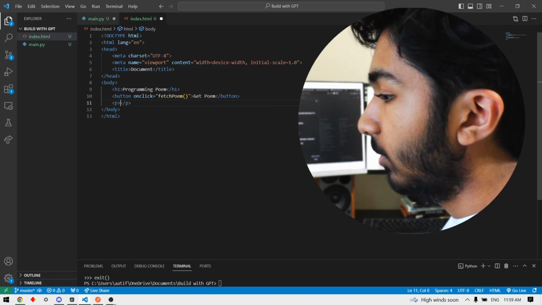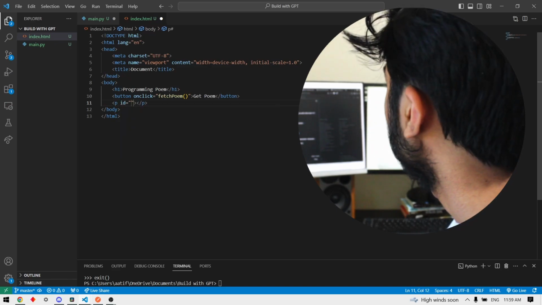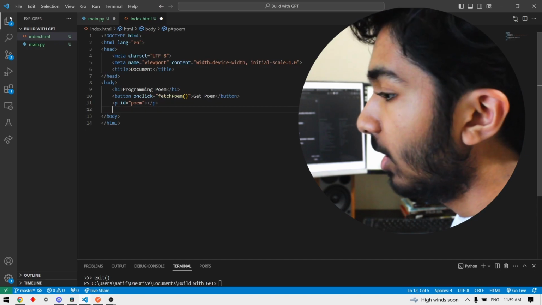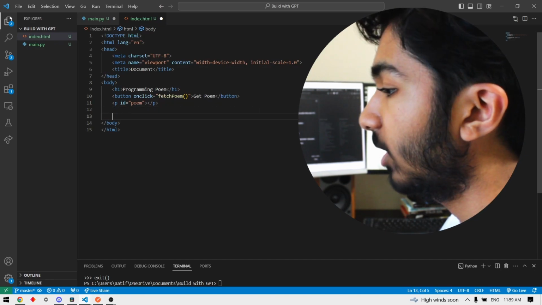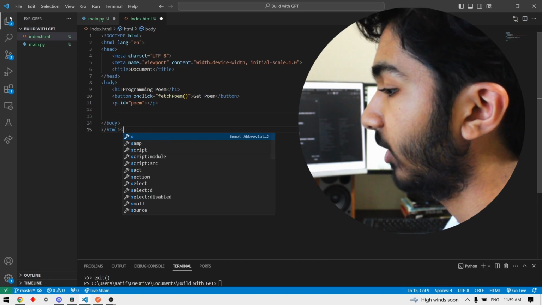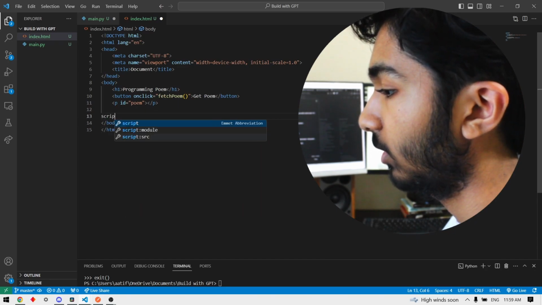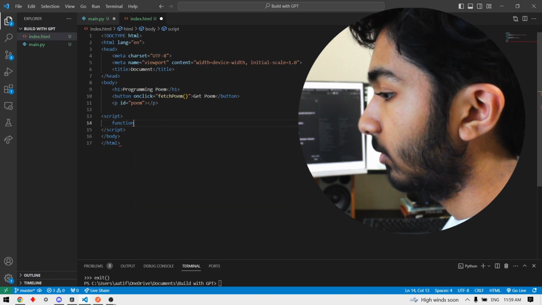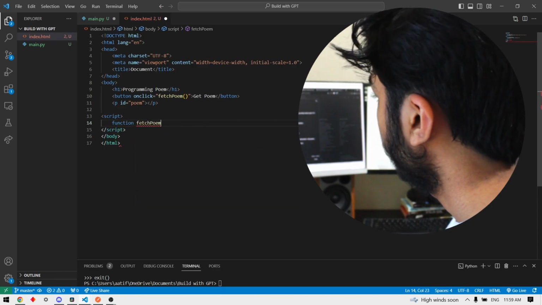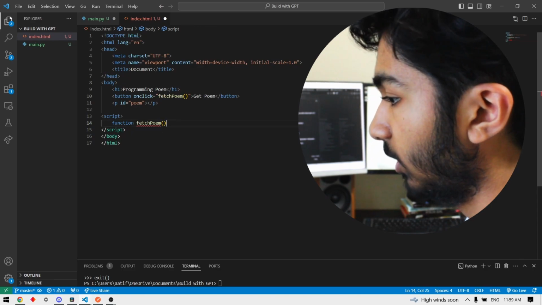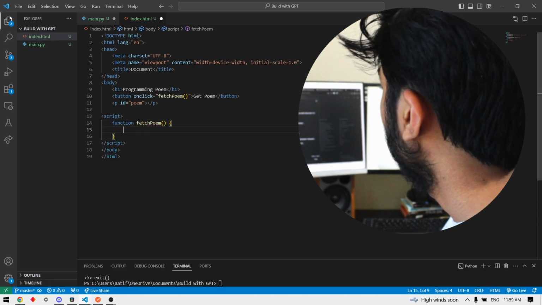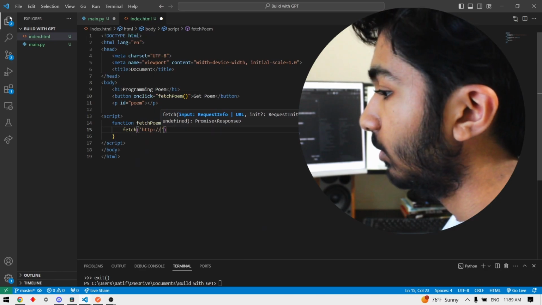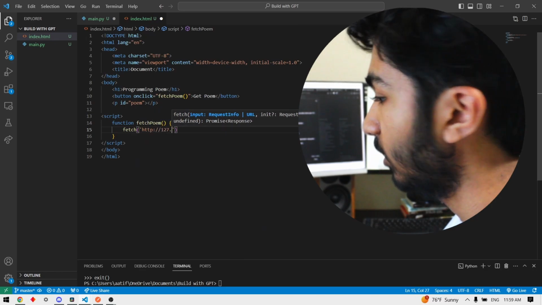Perfect. And then here we're gonna say paragraph ID equals poem. Perfect. Now we're actually gonna code up this script, this fetch poem function. So we're gonna go here, we're gonna say script, and we're gonna say function fetchPoem, and we're gonna create it right out here. We're gonna say fetch, and then here what we're doing is we're basically just calling that API that we just created with Flask